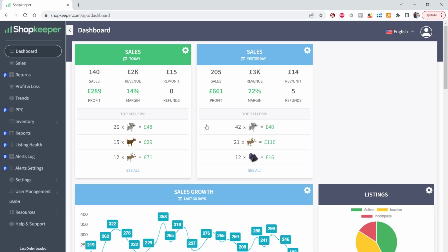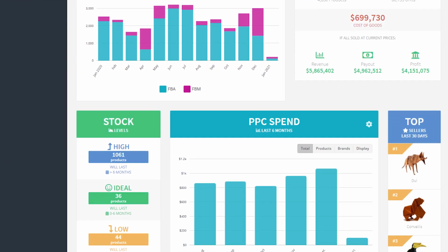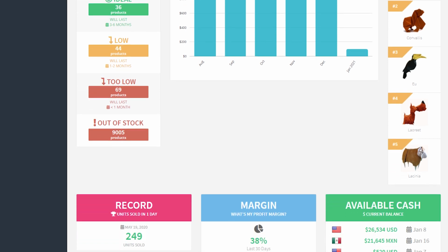Shopkeeper is an app for Amazon FBA sellers that syncs directly with your Amazon account and tells you what products you've sold and the profit that you've made over the previous day, week, or month. You can also use it for monitoring your advertising costs, inventory levels, and more. So if you sell more than one type of product on Amazon and you have trouble calculating your daily profits,